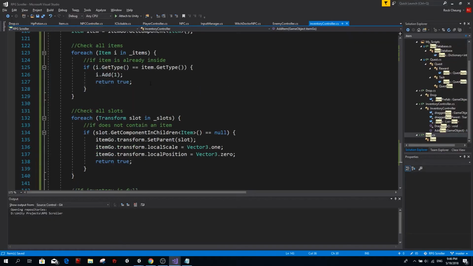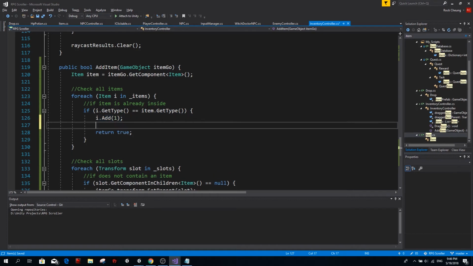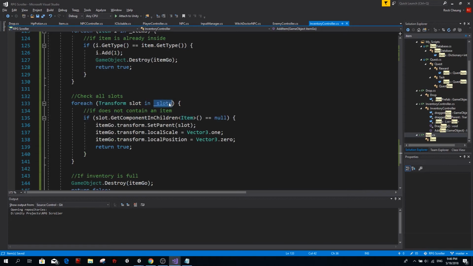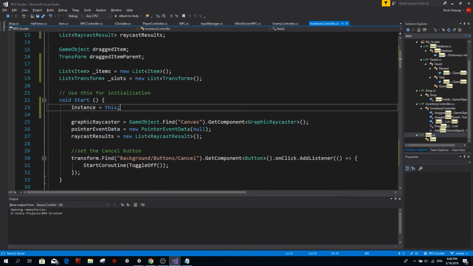The other case is when we actually have the item already, we don't want to create one more because we're actually just adding quantity to the one we already have. So before we return true here, we're going to call GameObject.Destroy item go, and there you go. And now the last thing we want to do is, our slots list and this items list are empty. So if we run this program, it's going to skip this and skip this because this count is 0. There is no slots. So we're going to go here to start, and we're going to